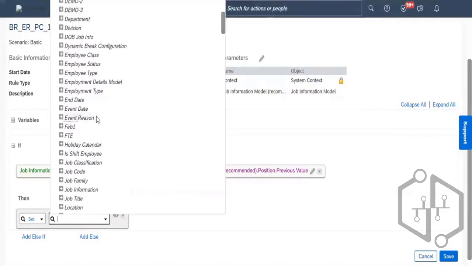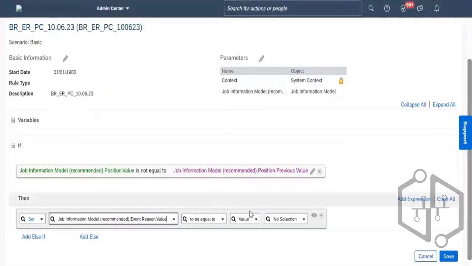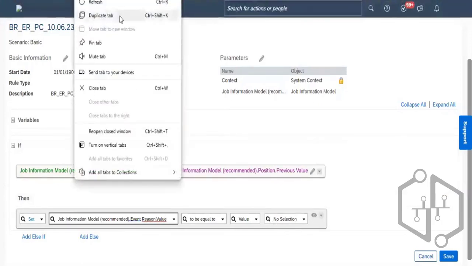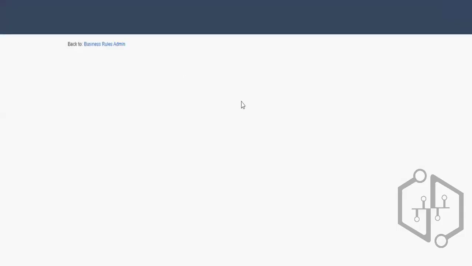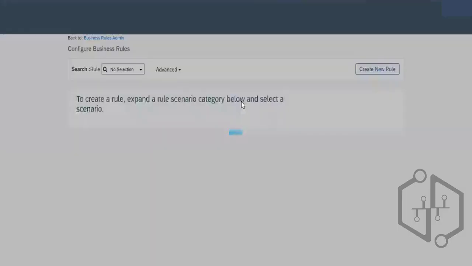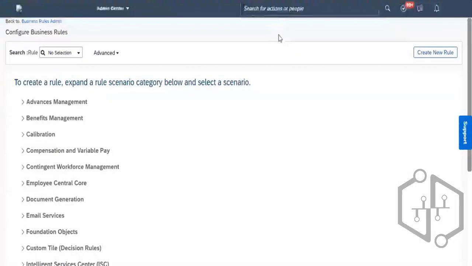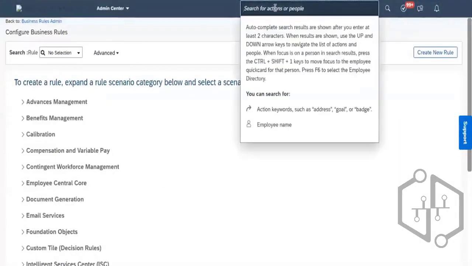You can see event reason value. We need to select the event reason. What is the event reason value? I think earlier I have already configured the event reason value, where it has been configured in manage org job pay structure, correct? So let me go into manage org job pay structure,